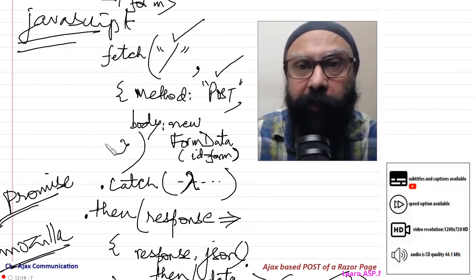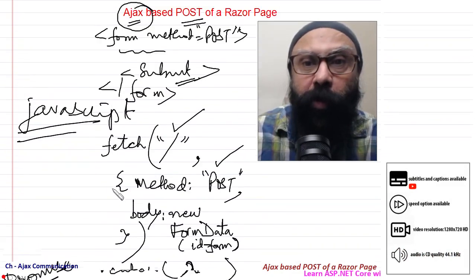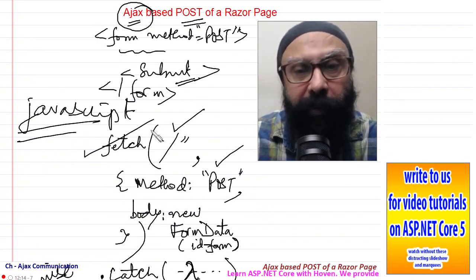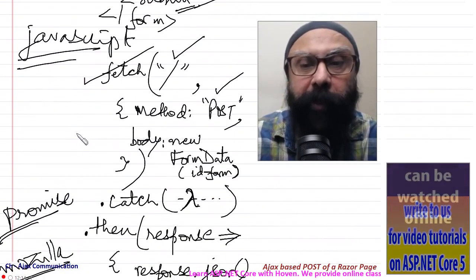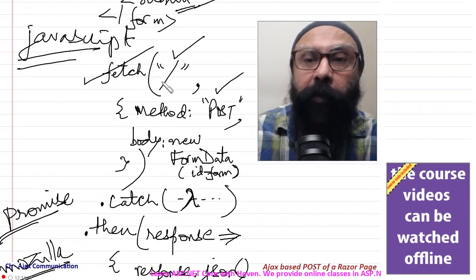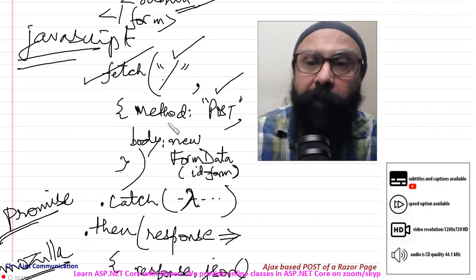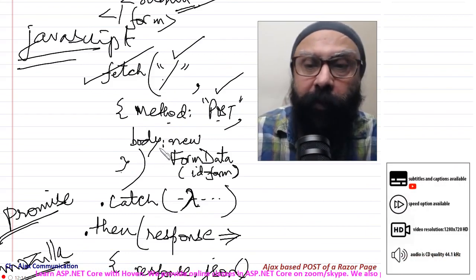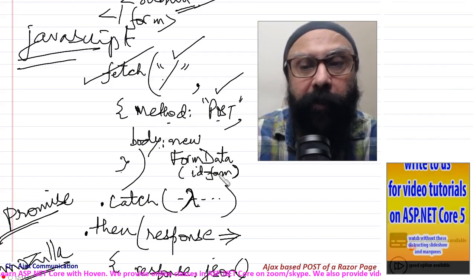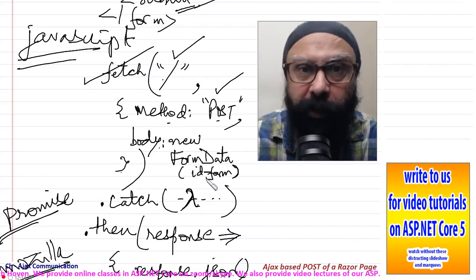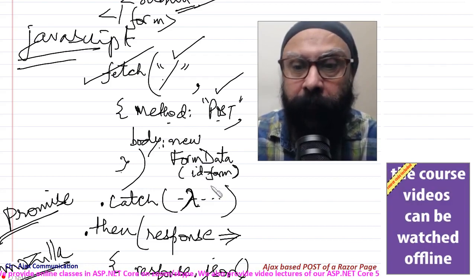So I will just repeat that your submit button should be connected to a JavaScript function through the fetch API. This API receives two arguments. The first is the destination, the second is a JSON object. The method is specified there. Body data is new FormData. The form element itself is passed as an argument. I'll show the project in a moment, you will understand it better.